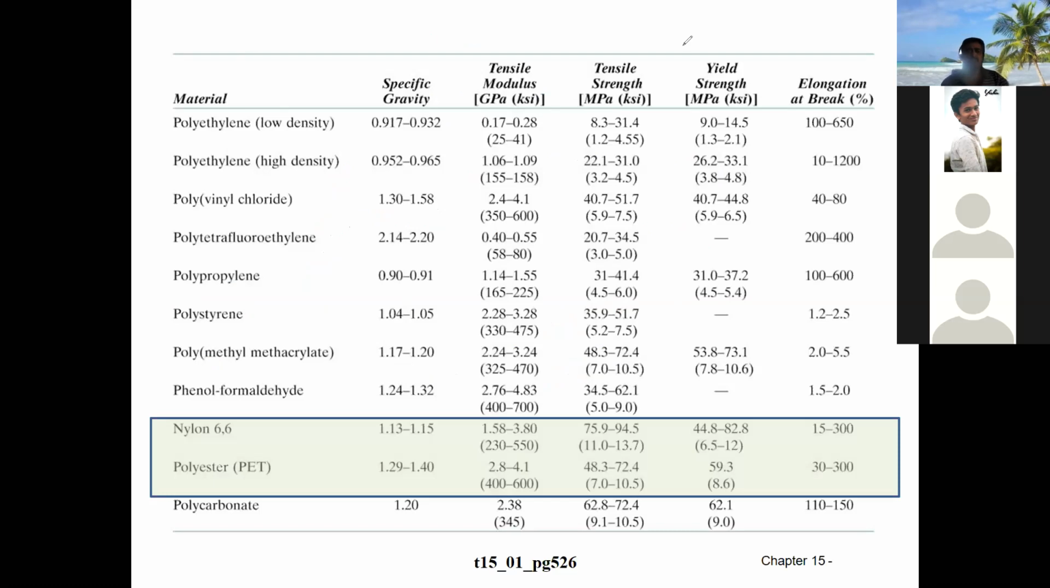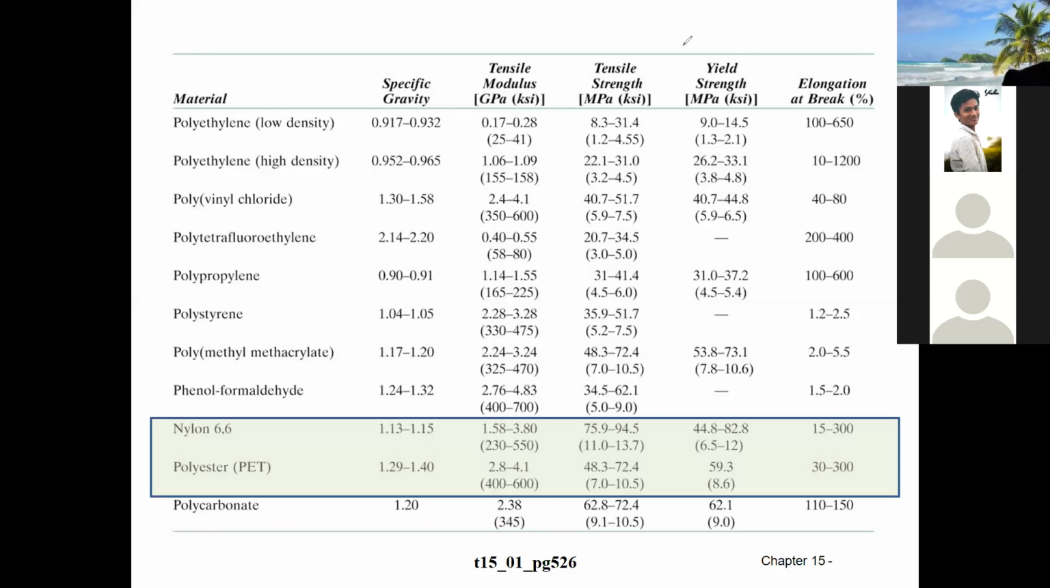So now, please carefully look at the table. It gives types of polymeric material with specific gravity, tensile modulus, tensile strength, yield strength and elongations. Now let us focus on tensile strength and yield strength, which we have talked about. For example, if you take a material, for example, nylon 66